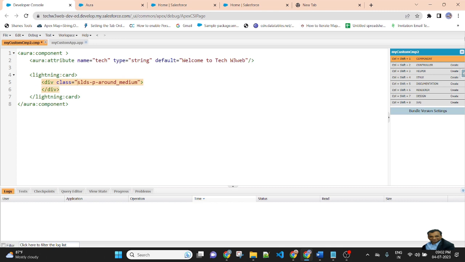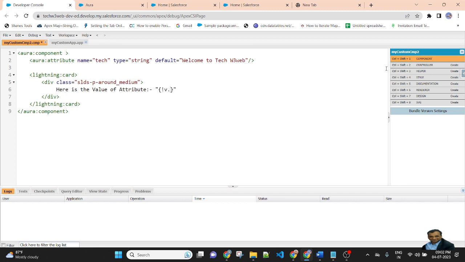Inside the div, I am passing the attribute value. Take is the name of the attribute, and the attribute value by default will be passed inside the curly bracket.